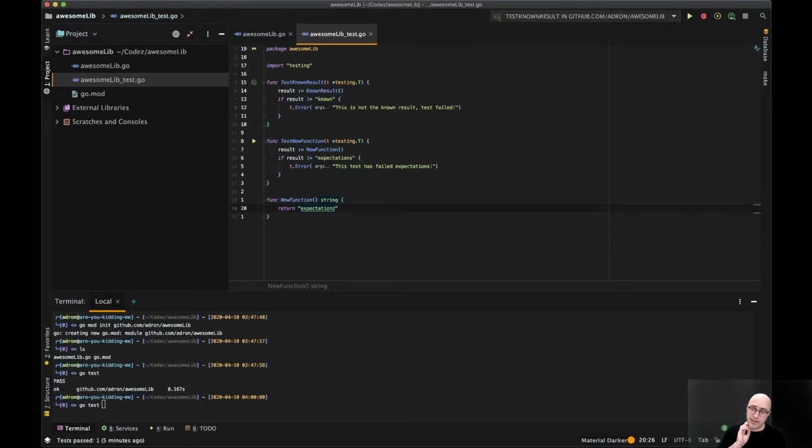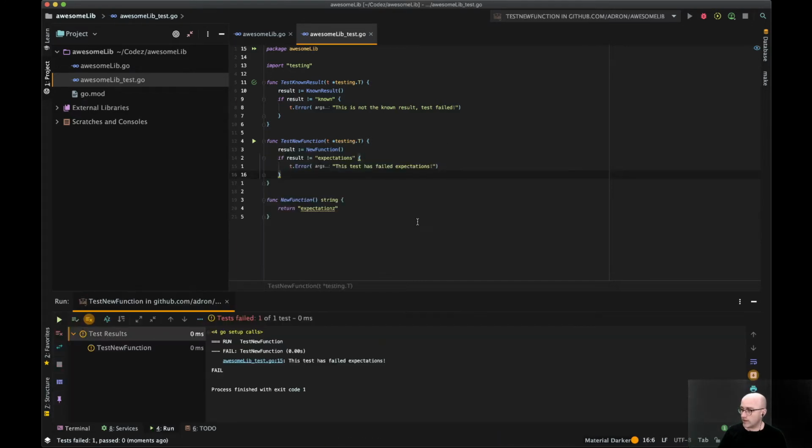One of the things with TDD is they often say, write a failing test and then make it pass. Well, in Go, it's kind of hard to write a failing test because you can't even get a build if you've written a failing test, right? Sometimes a language stack is in conflict with the intent of how to use a testing framework, or how to use testing practice, I should say. So in this particular case, got my new function. It returns expectations.